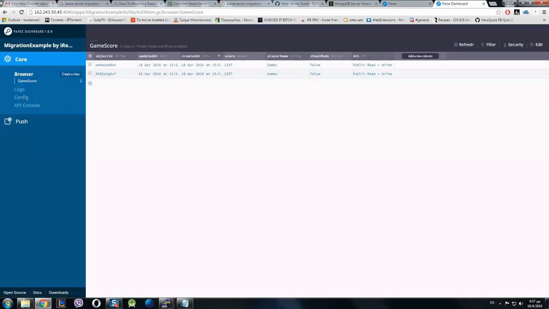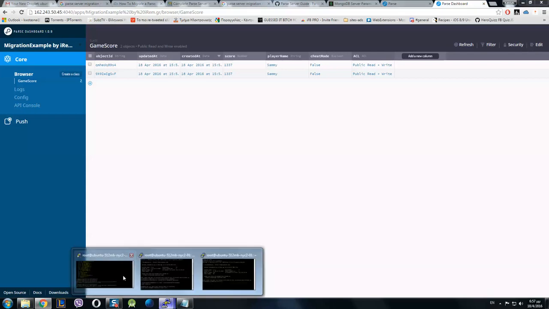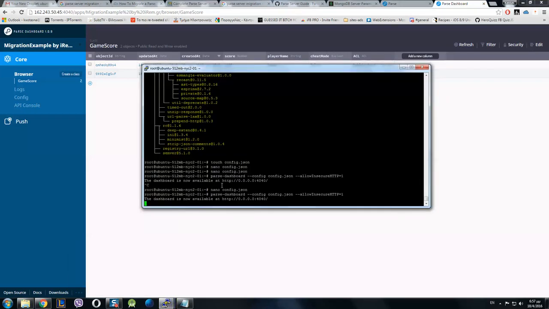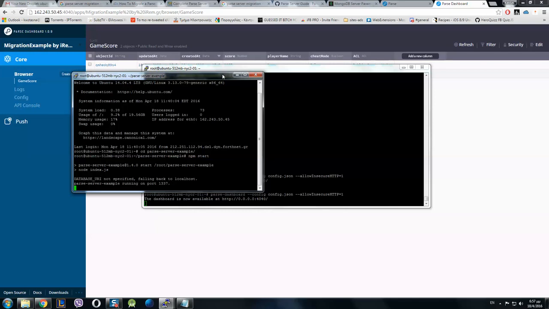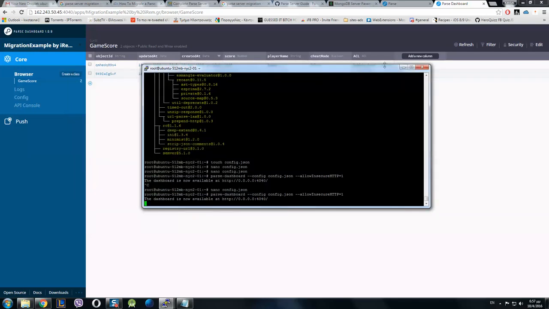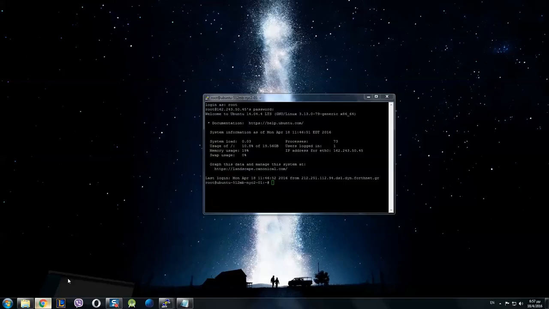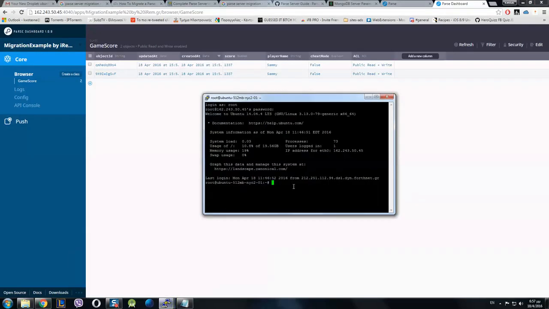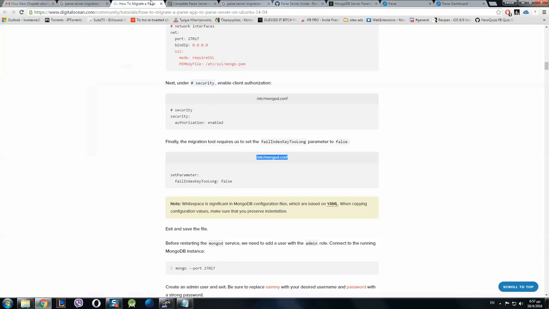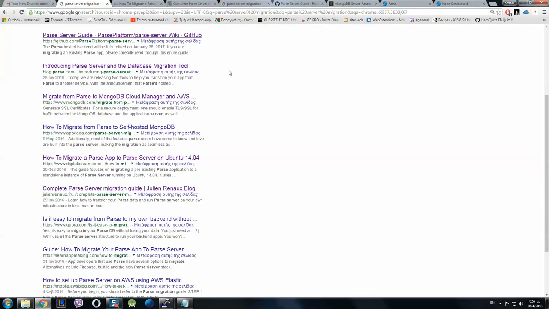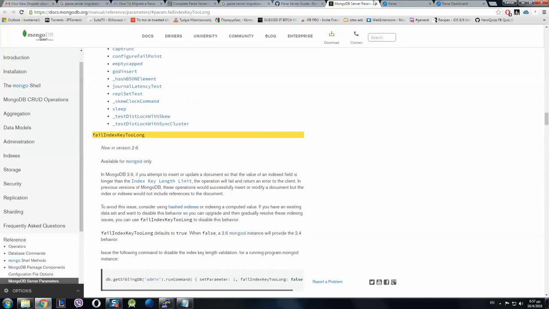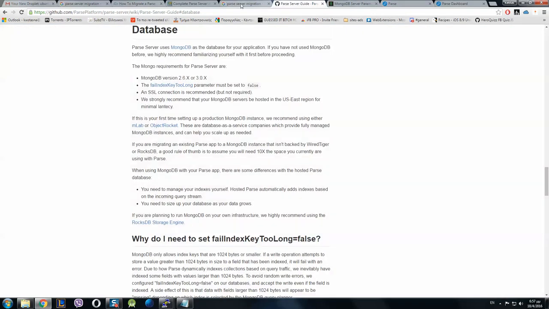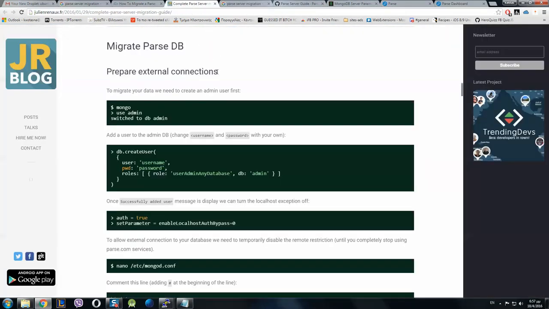Don't be confused by all these tabs. I will explain, of course. Make sure that you run Parse Dashboard and Parse Server. You minimize those two. Set up the MongoDB. Don't forget that in the first part of the video we have already pre-installed MongoDB, and now we are going to make one new database with Mongo